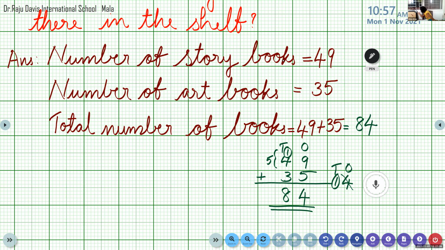Ma'am, should we write the 5? Yeah, now our second question over, isn't it? Ma'am, should we write the 5? Where is the 5? This one. No. Just one example I showed. No need to write like that. You have already studied how to add the numbers, isn't it? So you can write like this way. Yes, we regroup here. Here we regroup the numbers. So next I'm going to give the next question number 3. Please continue. Okay. Next question.